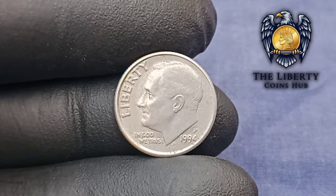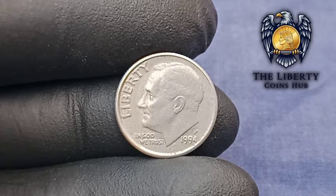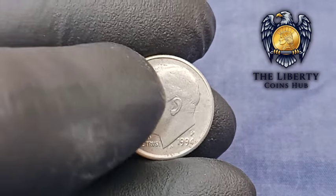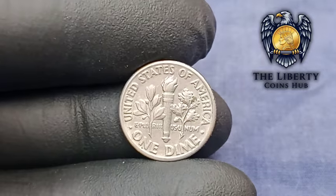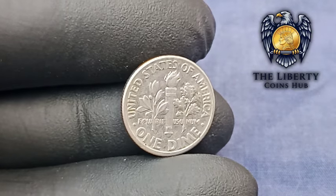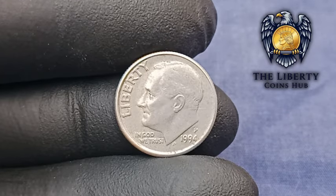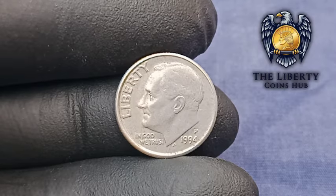Now, you might be wondering, how does a coin with such obvious errors make it into circulation? The answer lies in the sheer volume of coins produced at the U.S. Mint and the limitations of quality control processes in the 1990s. The Philadelphia Mint alone was striking hundreds of millions of dimes every year. And while inspectors did their best to catch errors, the pace of production meant that some mistakes inevitably slipped through,